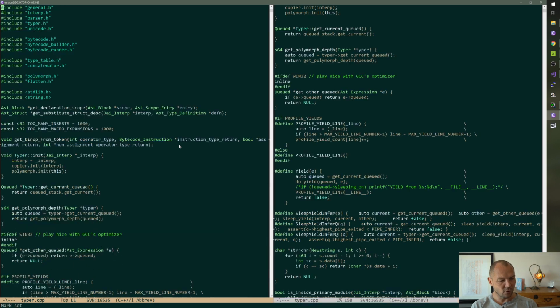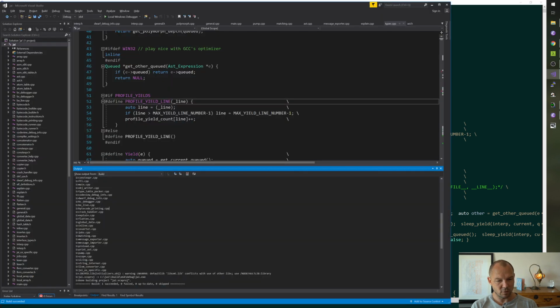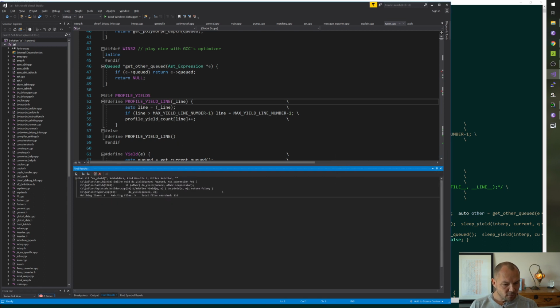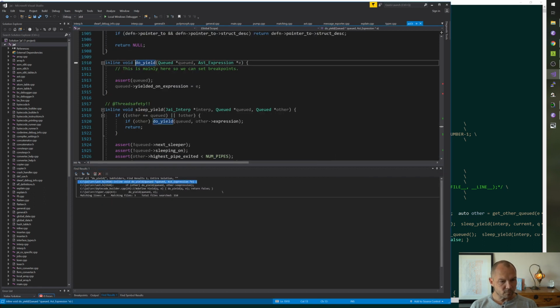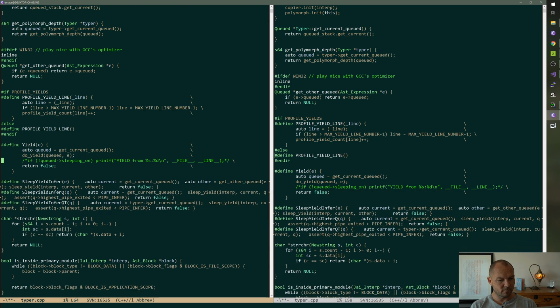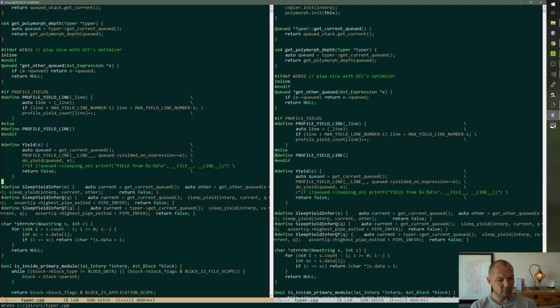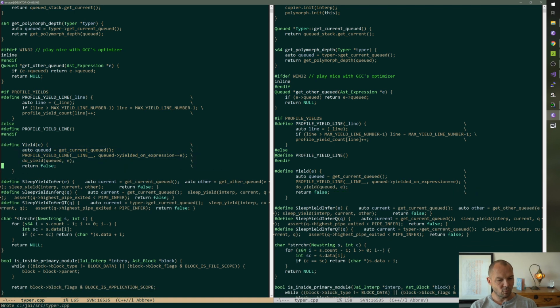So, do yield here. Where is that defined? It's got yielded on expression. What we could say is, we could do that. Okay. Let's get rid of this print. That's not good for anybody. Okay, so